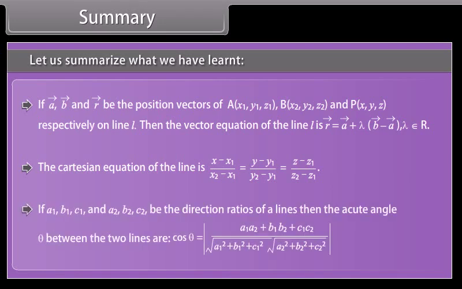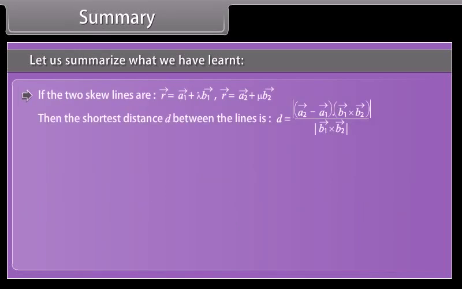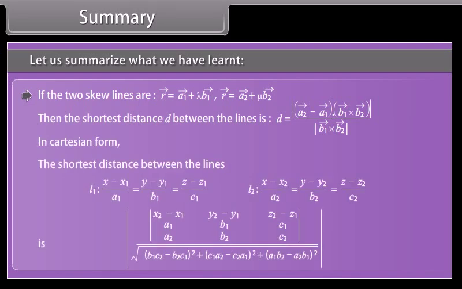If a1, b1, c1 and a2, b2, c2 are the direction ratios of two lines, then the acute angle theta between the two lines is given by. If the two lines are skew lines, then the shortest distance d between the lines is, in Cartesian form, the shortest distance between the lines is